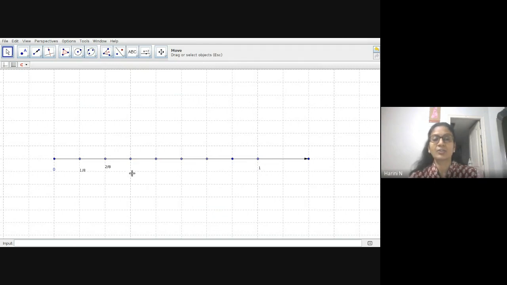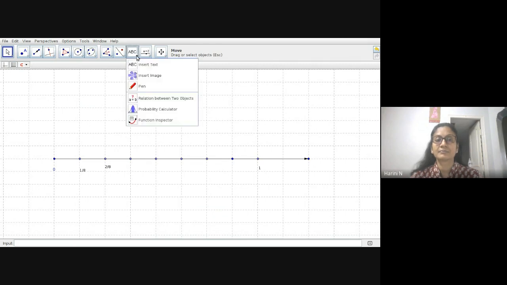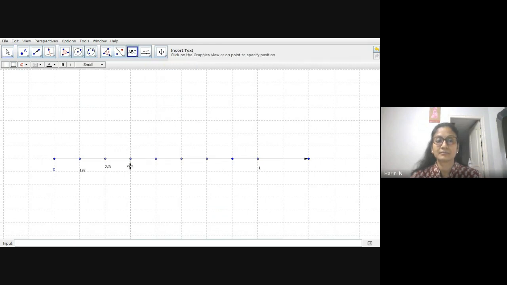All right. What you exactly wanted was the 3 by 8. So this is the position of that rational 3 by 8. You can mark it here. So that represents your 3 by 8. You can say this is the position of the rational that you want. You can also mark all the others: this will be 4 by 8, this will be 5 by 8, 6 by 8, 7 by 8, etc. If you want to show that also, you can show it.